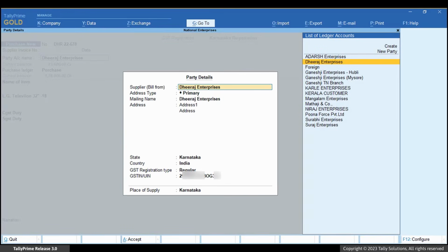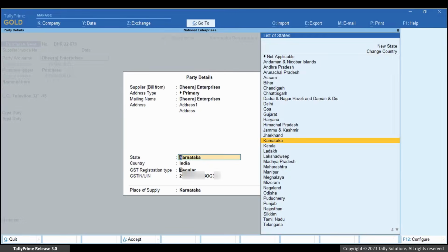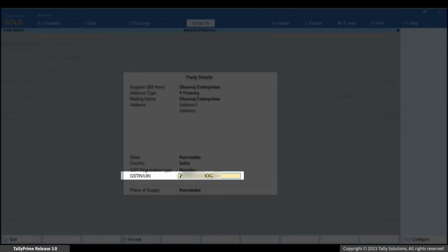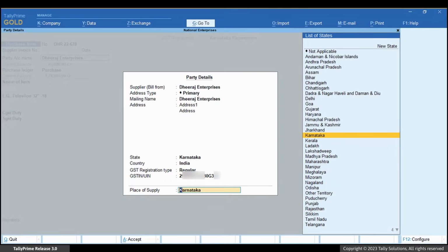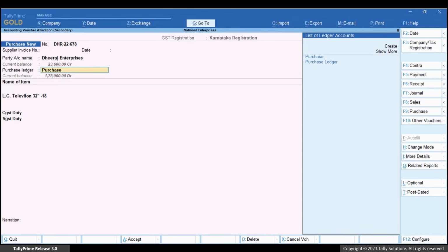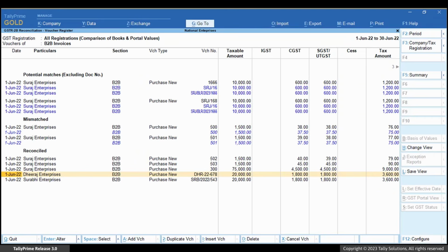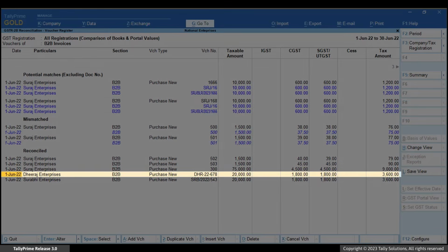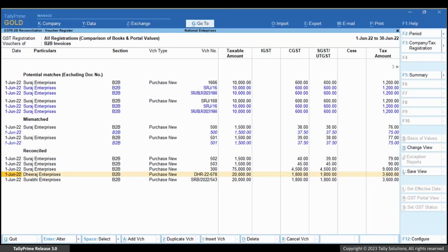Now, just drill down to the transaction. You can change GSTR or UIN in the party details screen of the transaction. Press Ctrl+A to accept the transaction. Back to the report, you can see that the transaction has moved from the potential matches, excluding party GSTR or